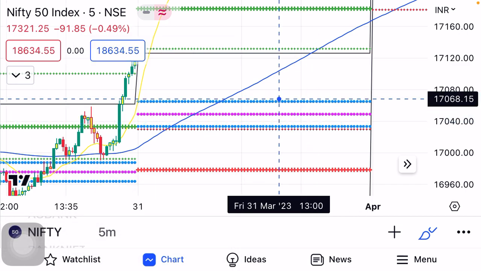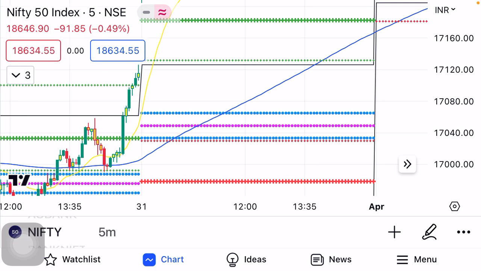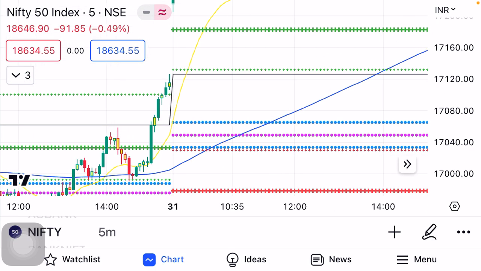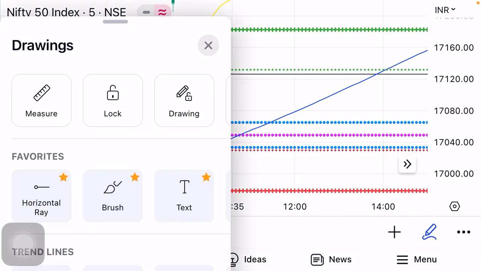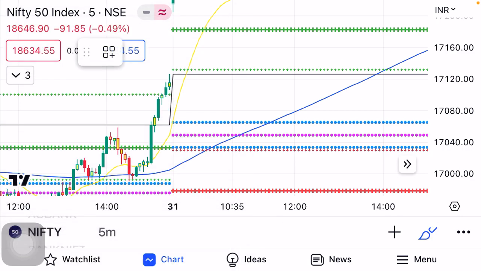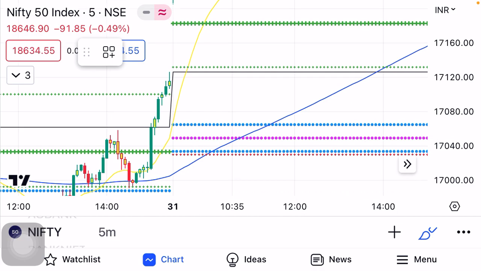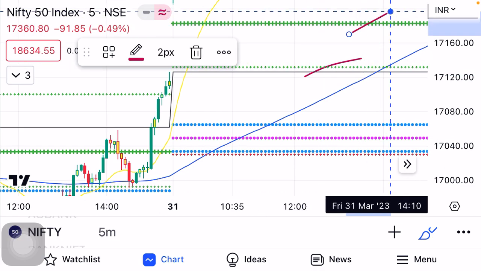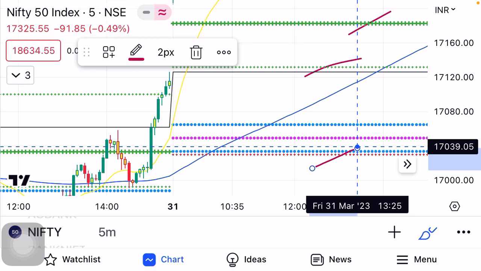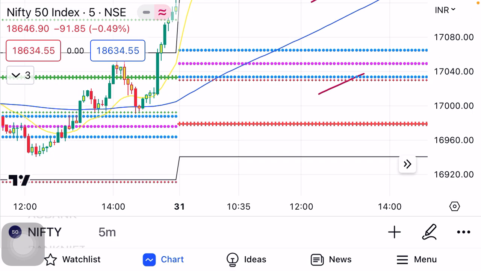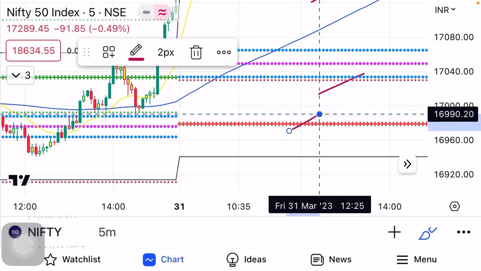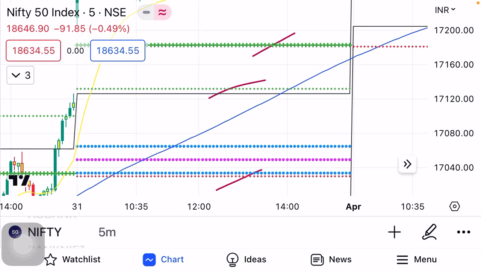This is CPR, and the next one is Camarilla. The Camarilla setup is a very powerful setup according to our backtesting. If you observe the Camarilla points, the points above CPR are called H3 and H4, and the points below CPR are called L3 and L4, right? We'll see the first day,